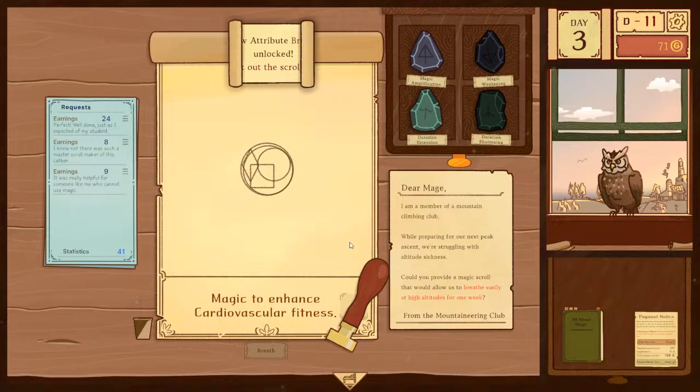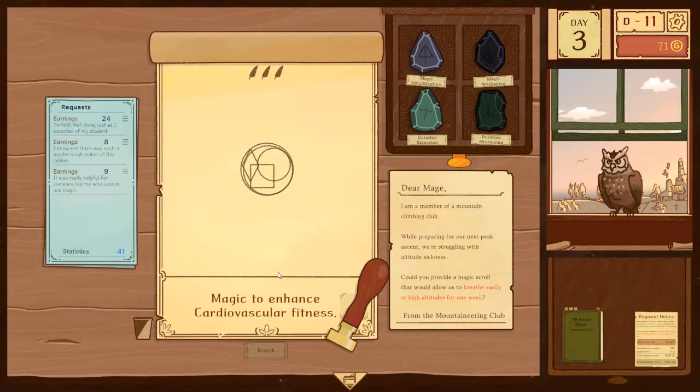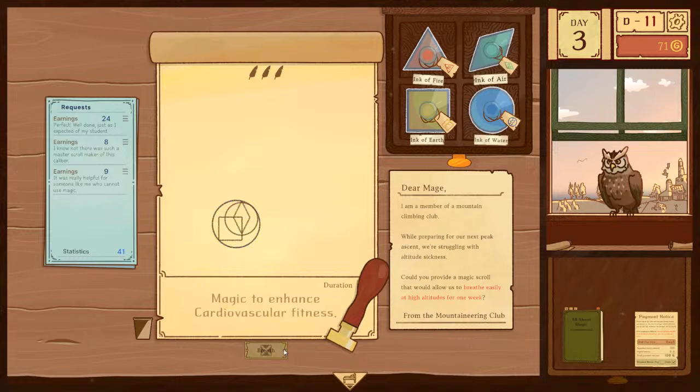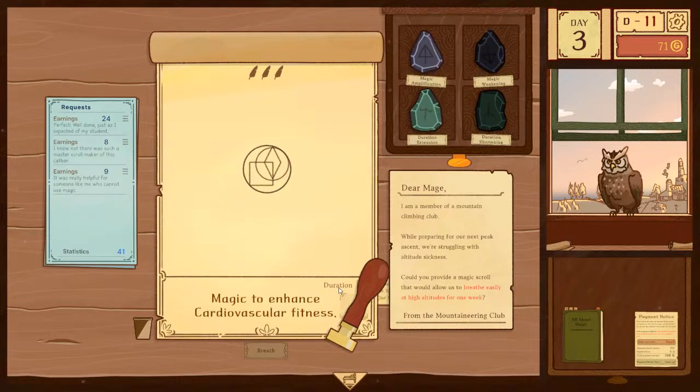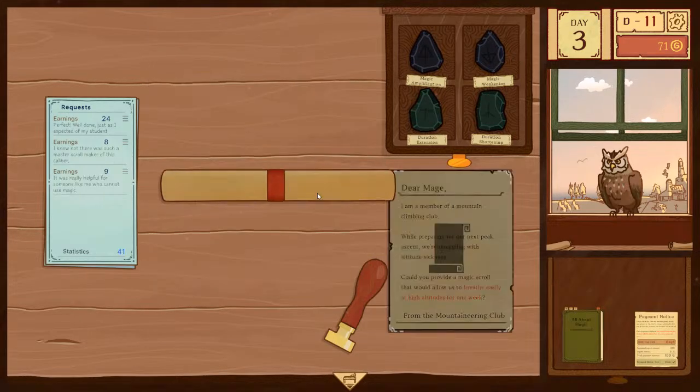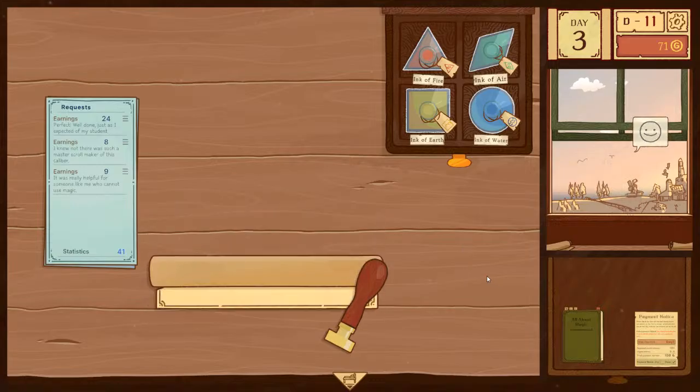That's breath. Oh, that's so weird. I think I prefer to do it this way. I think that looks better, don't you think? For 1 week. Breathe at high altitudes. There we go. Off you go.